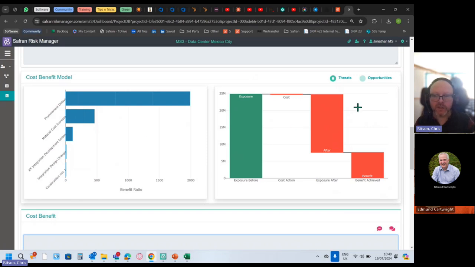And then what this other graph on the right here is doing is just showing you the full risk exposure before mitigation, after mitigation, the cost it took to get that big change, and therefore the net benefit is this. So just grouping and lumping them together is quite a powerful story because it reminds people why we're doing risk management. We're not doing it because thou shall do it because corporate governance says so. I mean, that is obviously a part of it, but quite often the pushback is I haven't got time,